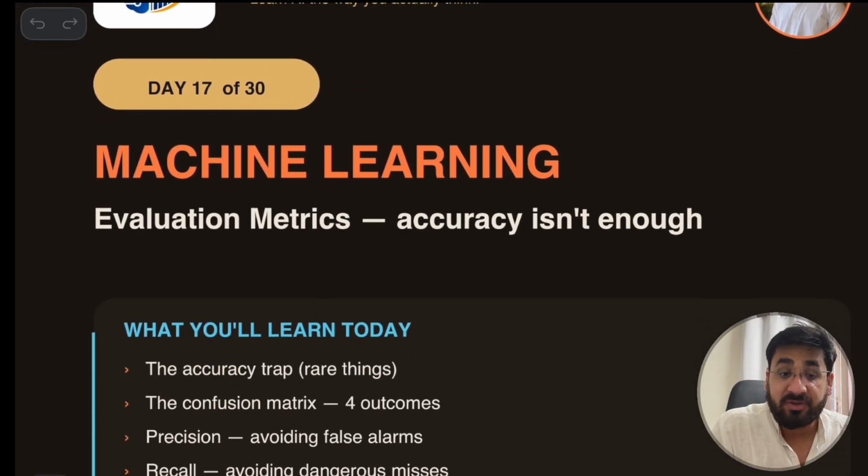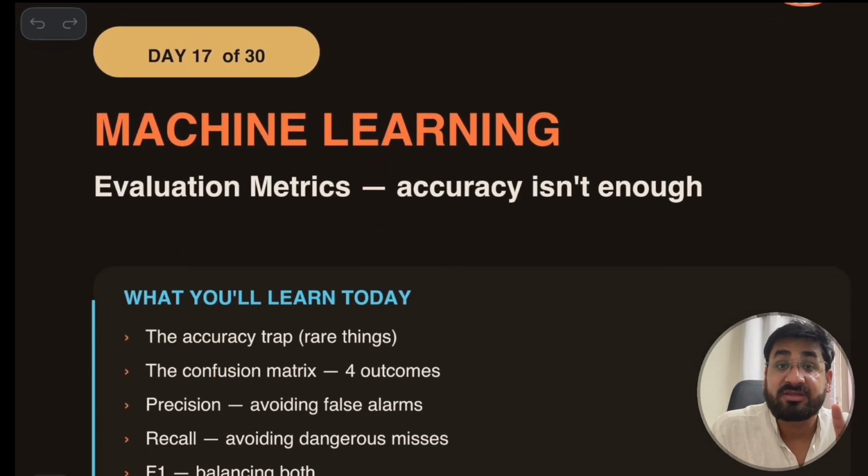What are the topics that we are going to cover is accuracy trap. We will take an example and understand that the model accuracy is not everything, it's a trap. Okay, then what is confusion matrix? It's like a fundamental of all things that you learn. What is precision, what is recall, and what is F1 balancing both? Okay, so this is a generic topic that you must understand no matter what model you are using and what